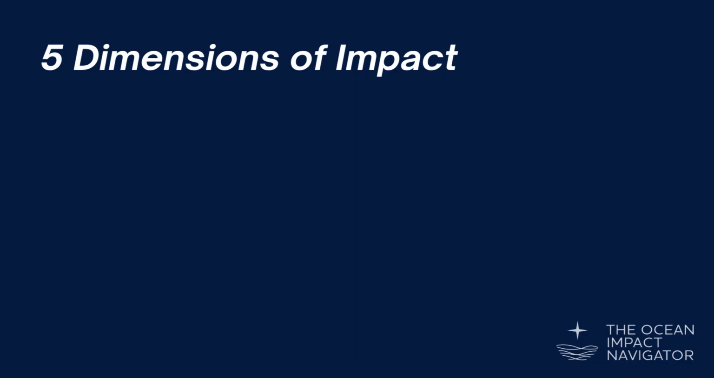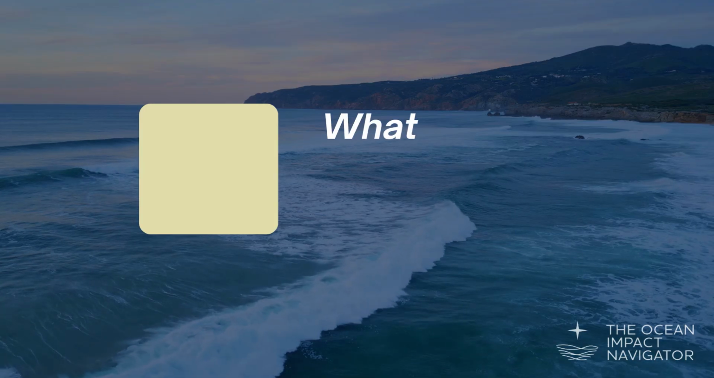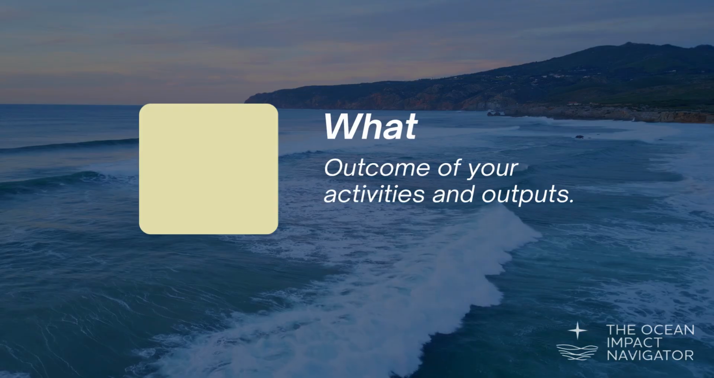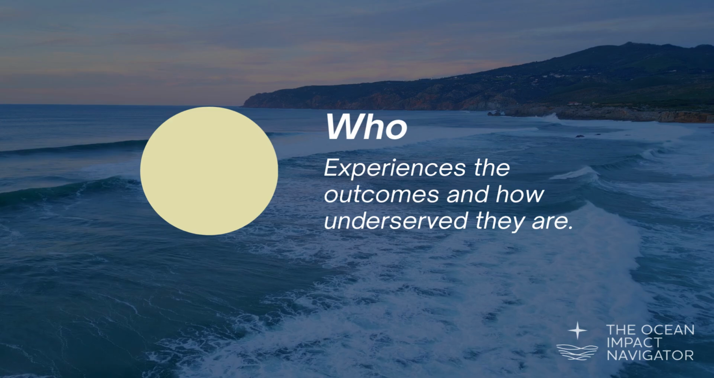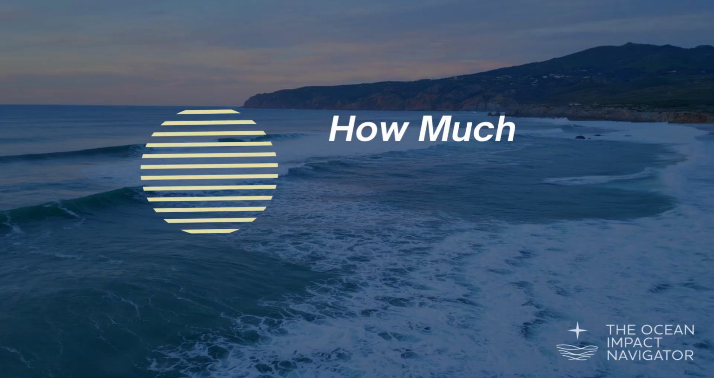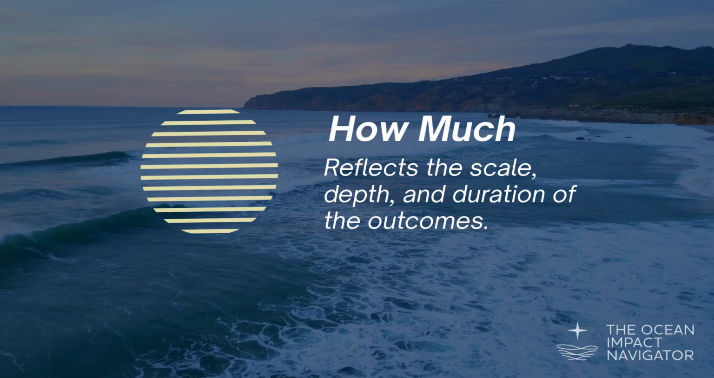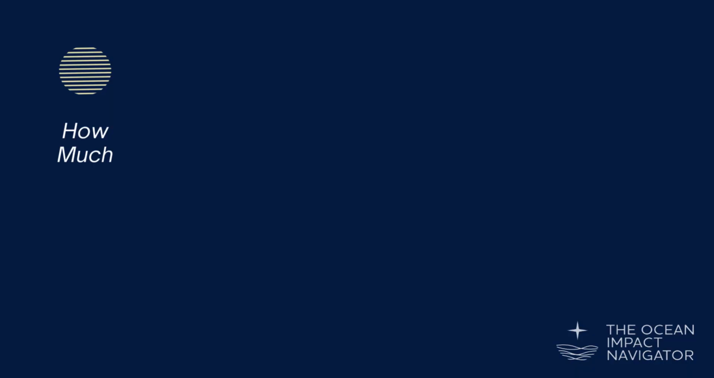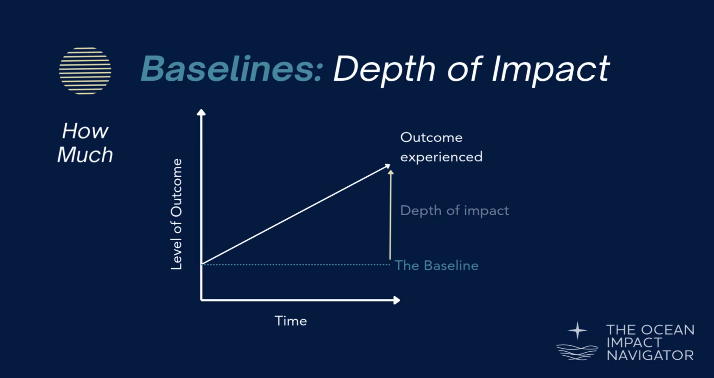First, let's go over these dimensions, which are what, who, how much, contribution and risk. The what refers to the outcome of your activities and outputs. The who identifies who experiences the outcomes and how underserved they are. The how much reflects the scale, depth, and duration of the outcomes. This is particularly important when calculating baselines, as depth of impact is defined as the difference between the outcome experienced